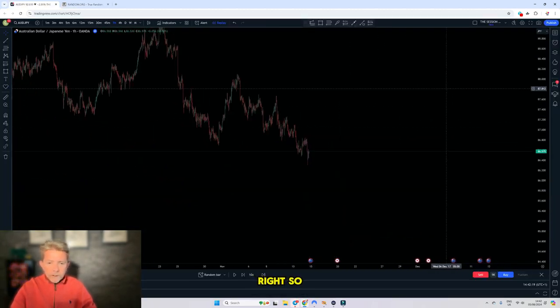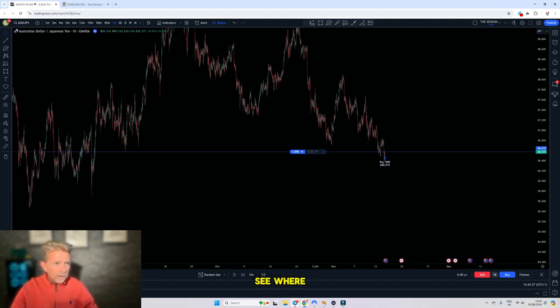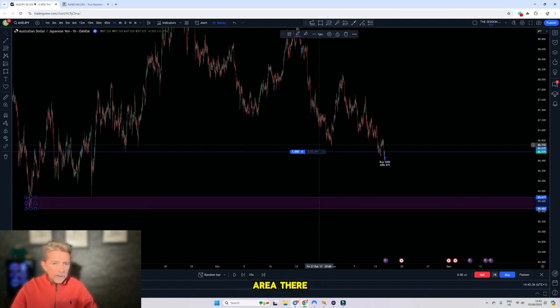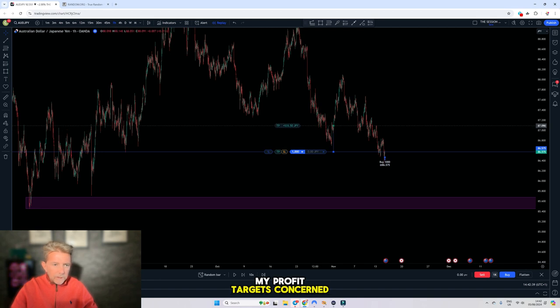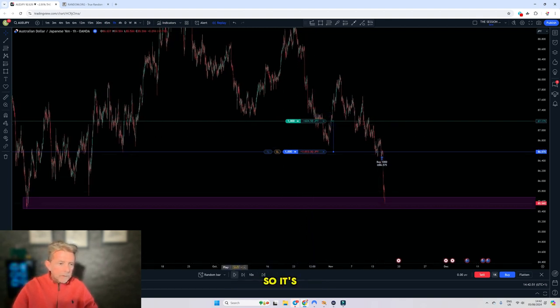Right, so we're going to be placing a long trade with 1 standard lot. Let's go back and see where our support is. I won't do anything until I get to that area there. As far as my profit target's concerned, I'll aim at this area here, given the bearish market. Let's just let that trade play out. It's dropped straight against random.org's decision to buy. If we close beneath that area of support, I will add to the position.